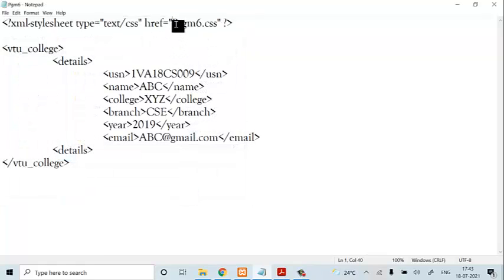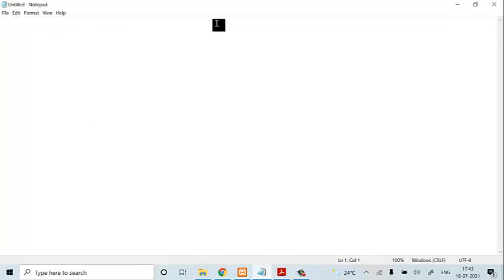Here I have taken prgm.css. Now see, now I'm going to write the CSS part. So Control N. Now here I'm going to write the CSS code. So now first I have to create for details. I have created a tag called details. Under the details, I'll be writing some generic presentation. It will be applied for complete data.